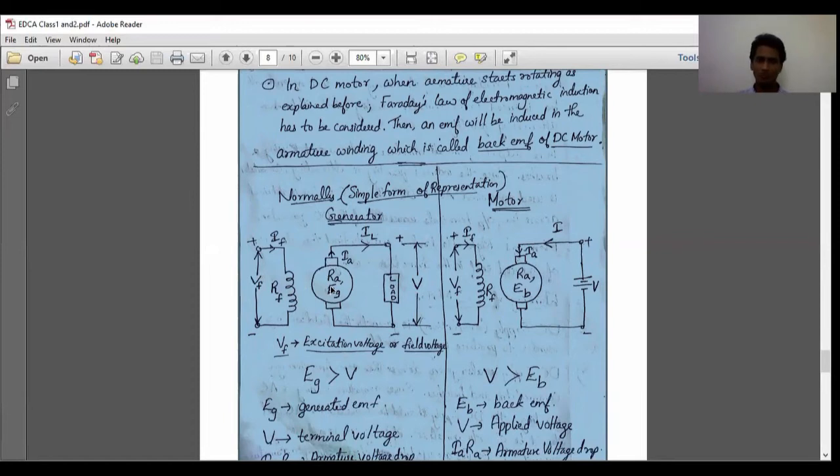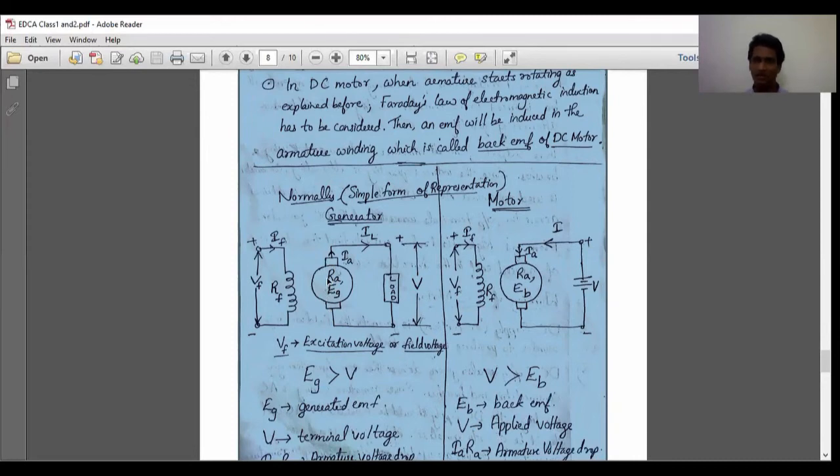And this is my armature. Armature representation is like this, and these two sections are brushes. Keep in mind, draw the armature in a larger way and draw the brushes such that it should have some matching. Don't draw brushes as a big figure and the armature as a small one. So consider their sizes also, and it doesn't mean that you have to take an exact measurement. What I meant is draw a bigger armature and draw small brushes, and this is the basic representation of armature.